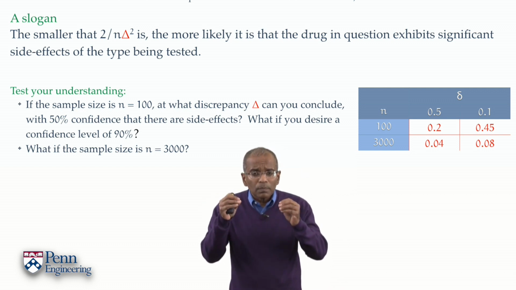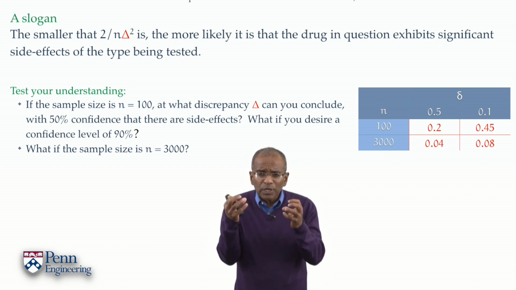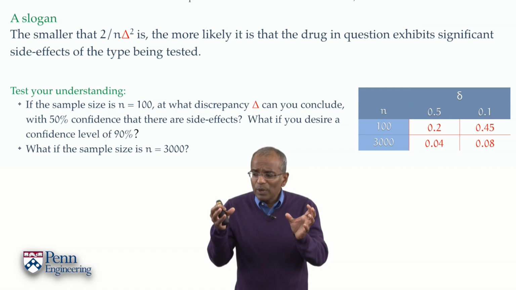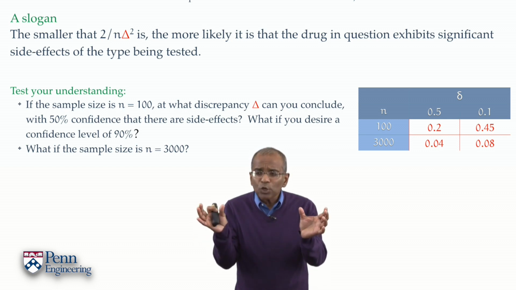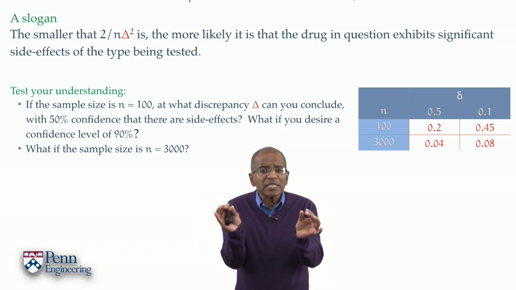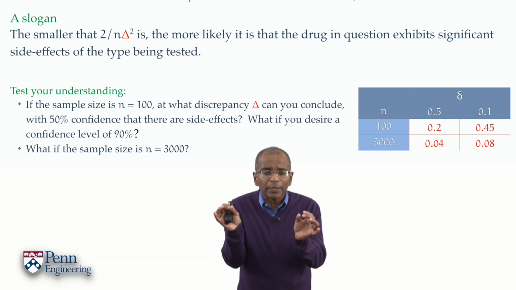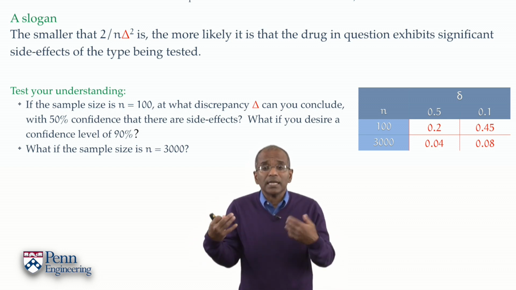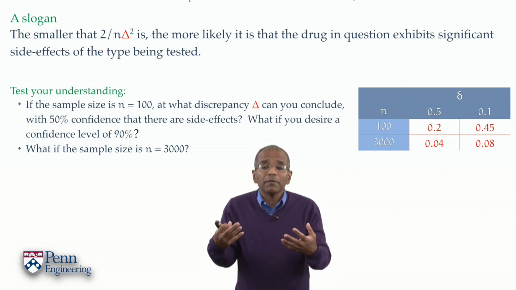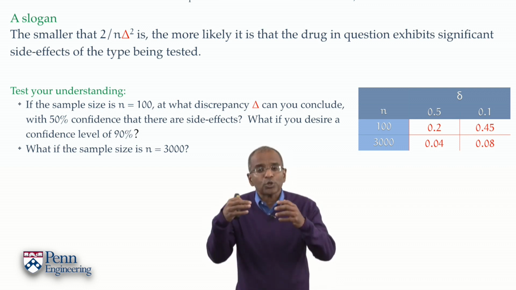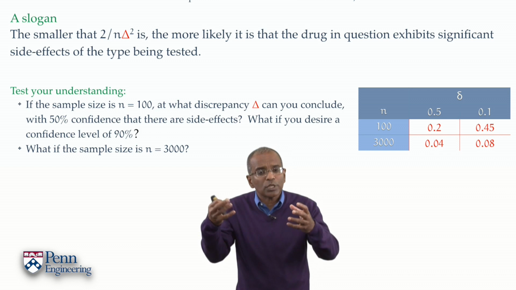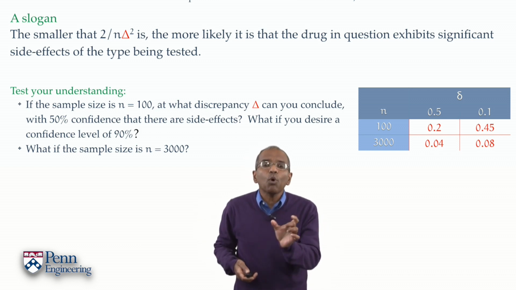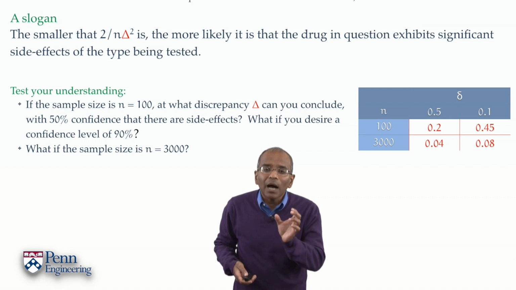Now, before you take a look at the number, we should understand what increasing the sample size does. When you increase the n, remember the binomial gets increasingly concentrated right around its expected value. In other words, it gets highly likely that Sn and Sn prime both behave very similar to each other, both close to n times p. So the difference is going to be very close to 0, which then makes even small discrepancies harder to explain